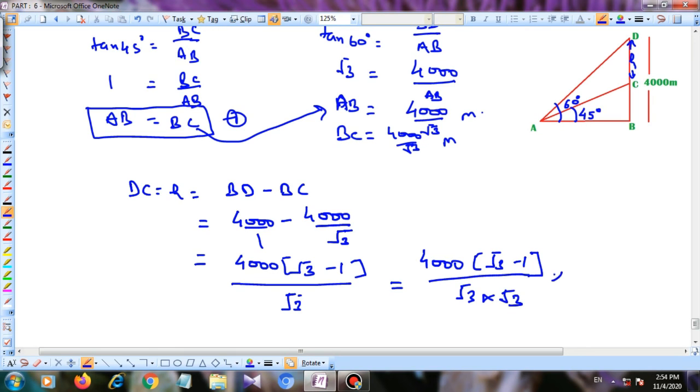Rationalize it, so this will become 3. So this is 4000 bracket 3 minus root 3 upon 3. When you solve and calculate it, you will get your answer approximately 1690.5, which is your